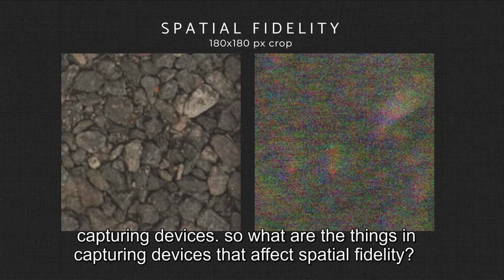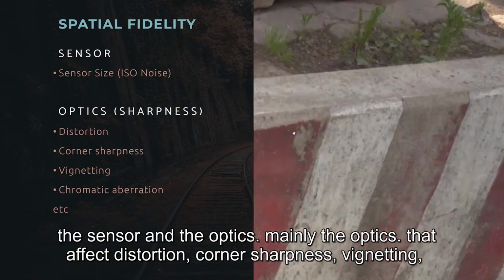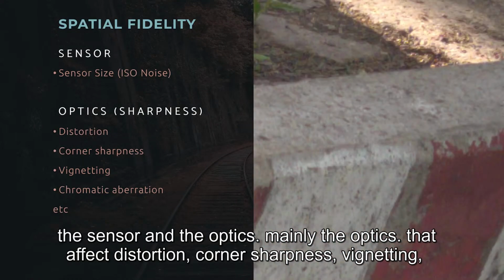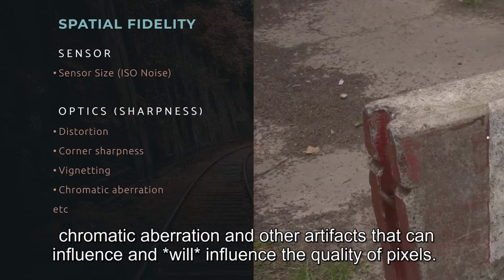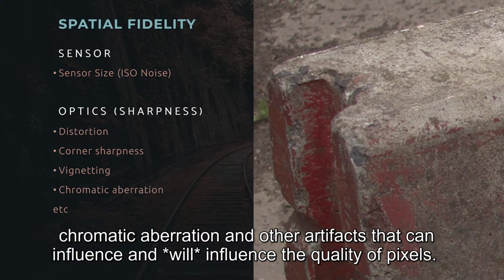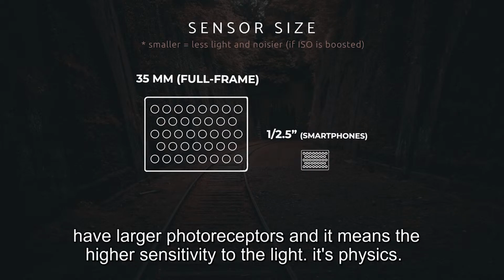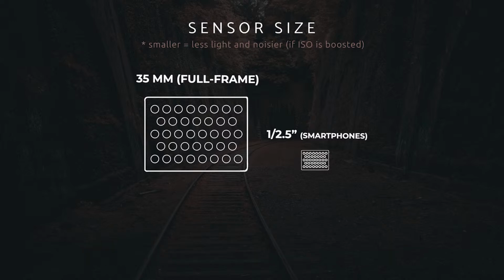So what are the things in capturing devices that affect spatial fidelity? The sensor and the optics. Mainly the optics, which affect distortion, corner sharpness, vignetting, chromatic aberration, and other artifacts that can influence and will influence the quality of pixels. As for the sensor size, the larger sensors, like the full-frame camera sensors, have larger photoreceptors, and it means higher sensitivity to the light. It's physics. With smaller